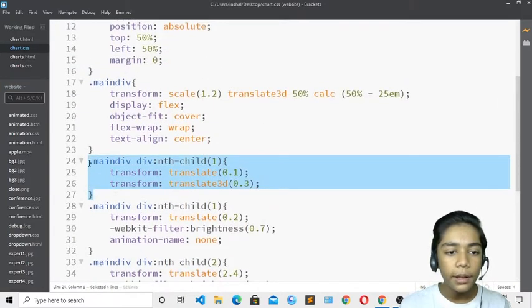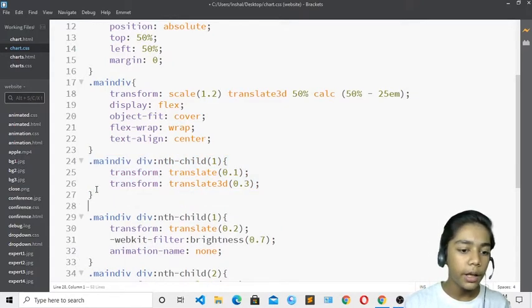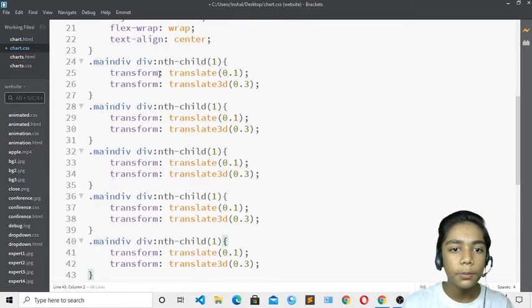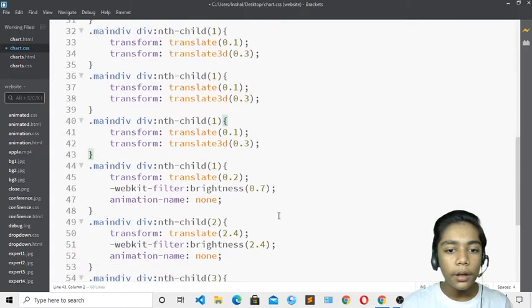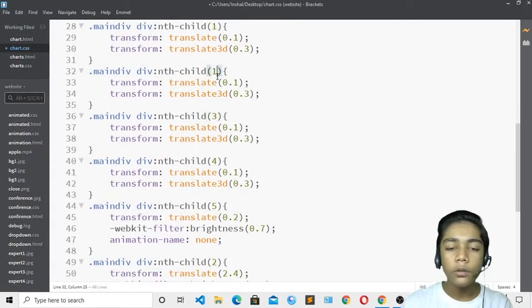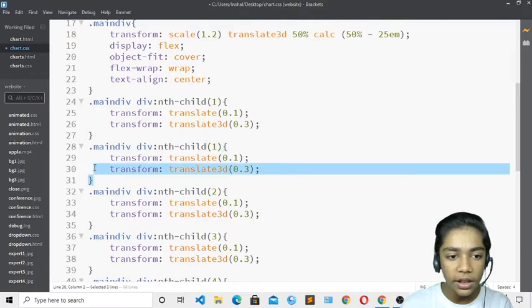So I will do one thing, I will copy this main div again, because I have to take it to 5. I have written that one time over here, then paste that. We have to paste that 5 times. Here you can see I have pasted that. So here we have done our work till over here. I will write 5, then 4 over here. So this is backward counting. Over here I will write 2, and 1 is already written, so I don't have to write. So just erase that extra one.